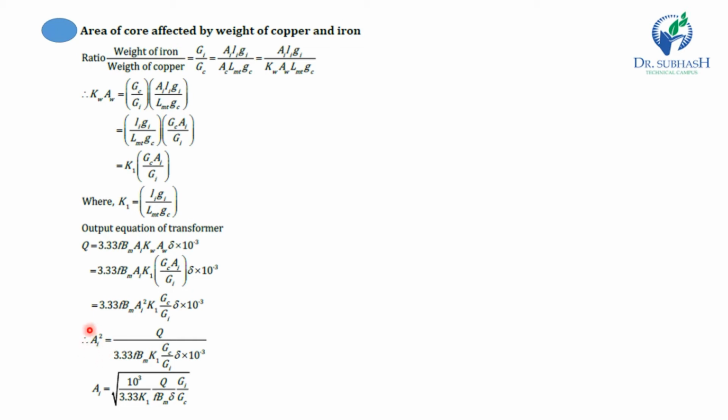So Ai square is equal to Q upon 3.33 f Bm K1 Gc by Gi delta into 10 to the power minus 3. From this we get the value of Ai, and this is the relation between Ai, Gi and Gc. All the other quantities we can take as a constant K. So we get Ai is equal to K under root Gi upon